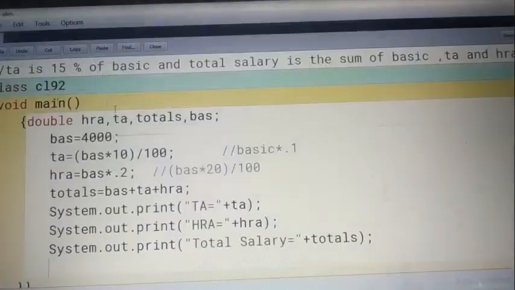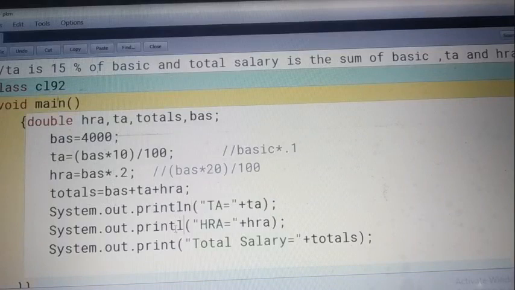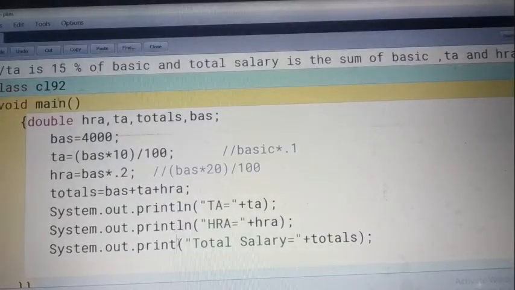Suppose I want to print the result separately, meaning in individual lines. So this way you can do it, with println. This way you can perform. After that, compile. Clear? Now you close it.